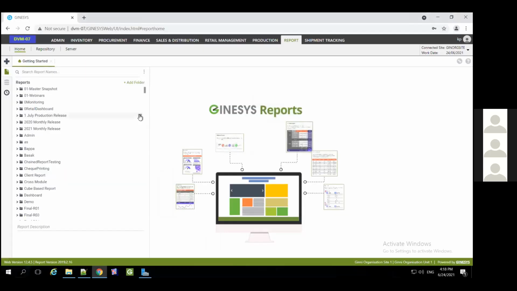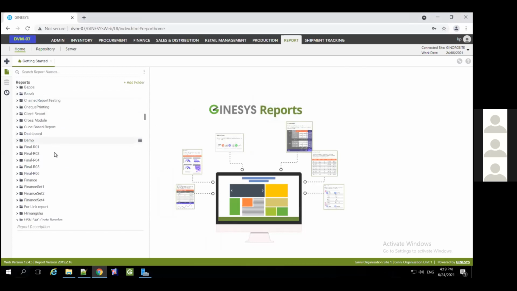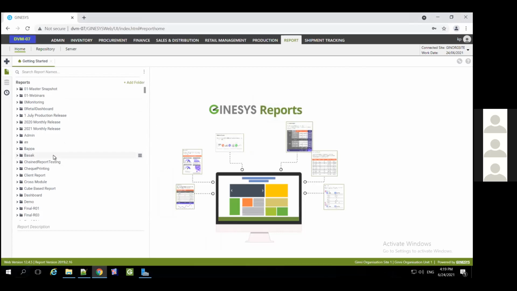Yeah. So if you see this particular user, this is my user basically. You would see that I have access to all the folders. Whatever folders are created in the system are available to me. Why is this so? This is because in the admin, you go to the admin menu, open a different tab, and meanwhile I just go to the repository as well.